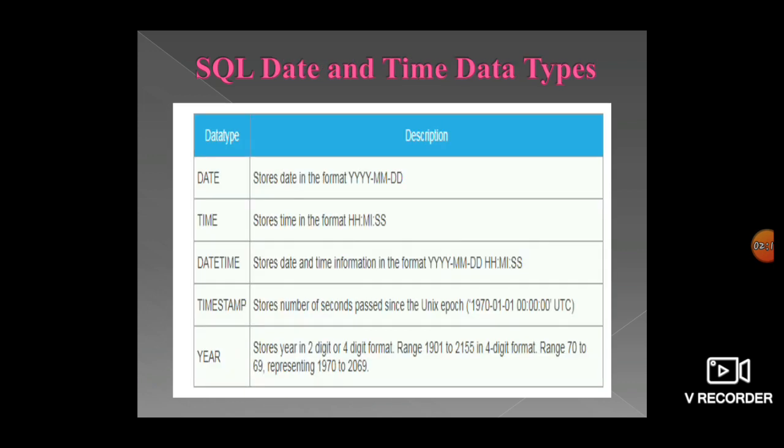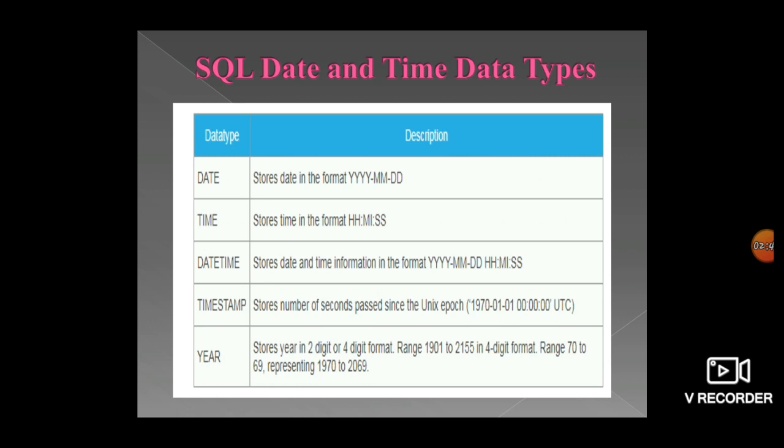After that, date and time. You write the date for any kind of information, like how we write the date: day, month, and year. So these kinds of data will all be stored in date and time data types.